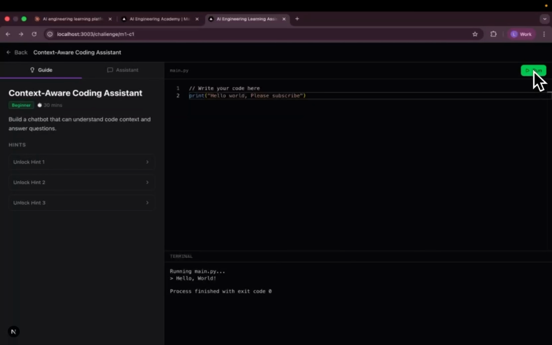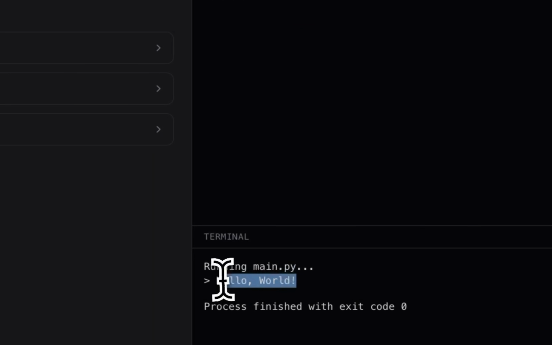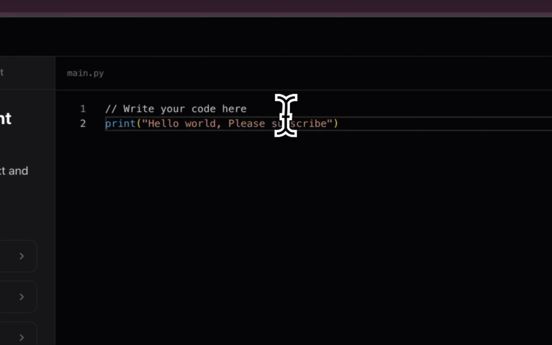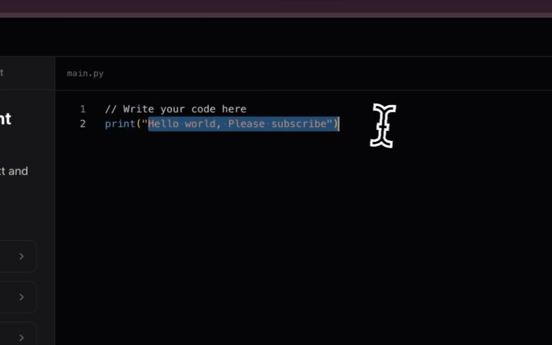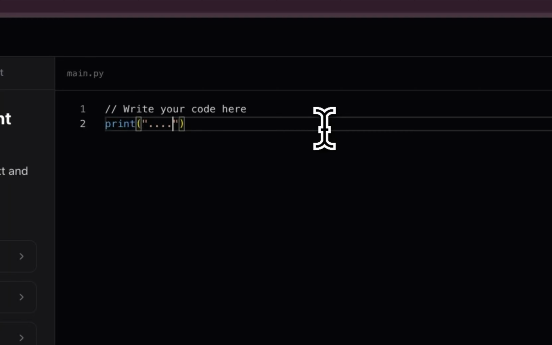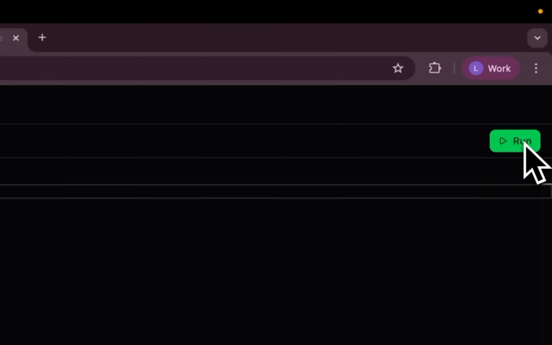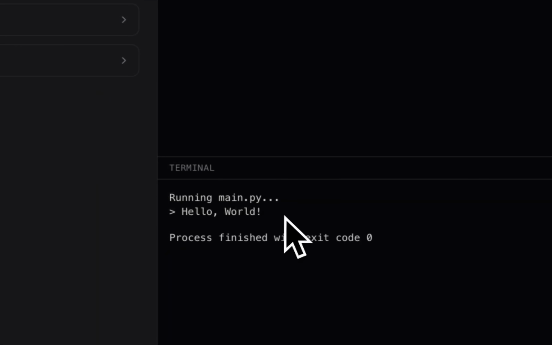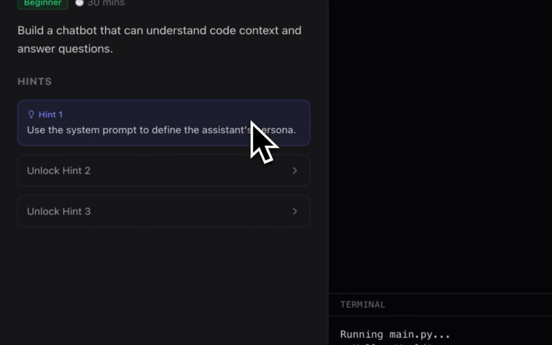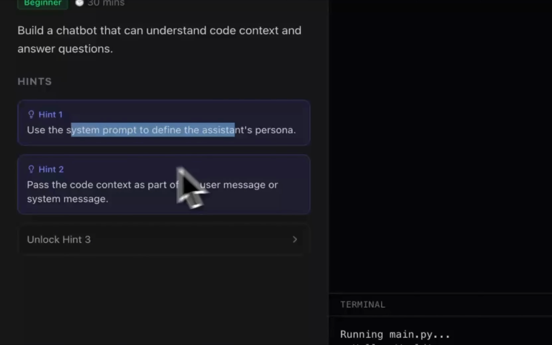That's the sample. I don't know how he guessed I would write something like Hello World, but it's not compiling the code though. So he almost got me here, and yeah, it's just printing this anytime. So it's pretty good. So honestly, if I click on hint, use the system prompt,